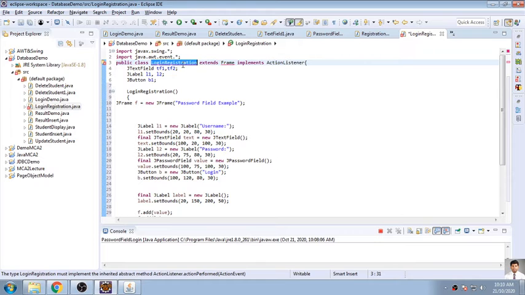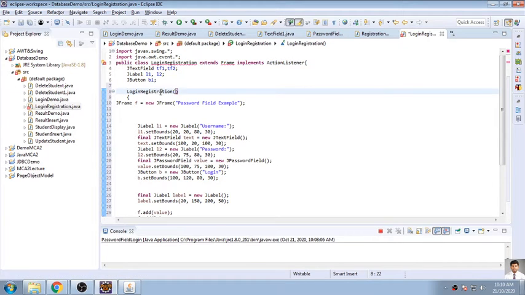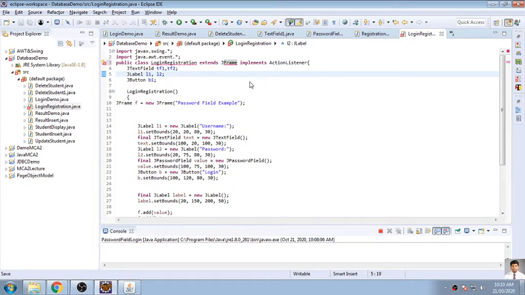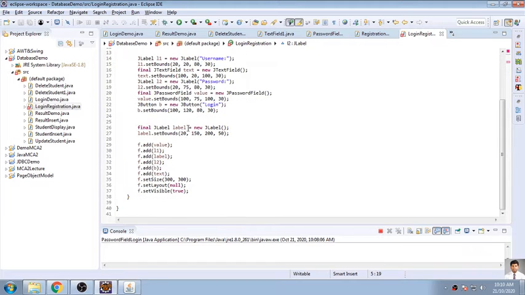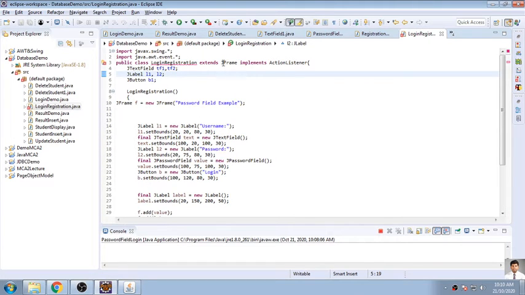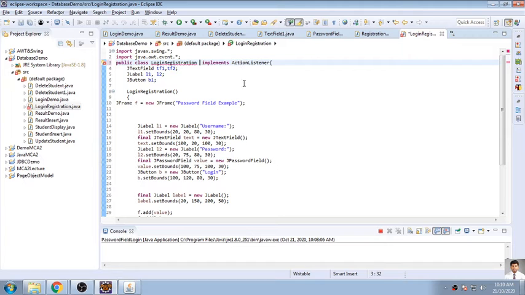Login registration. So it is the same. Why is it generating an error? It should be JFrame. Okay. Let it be. I will not remove this.